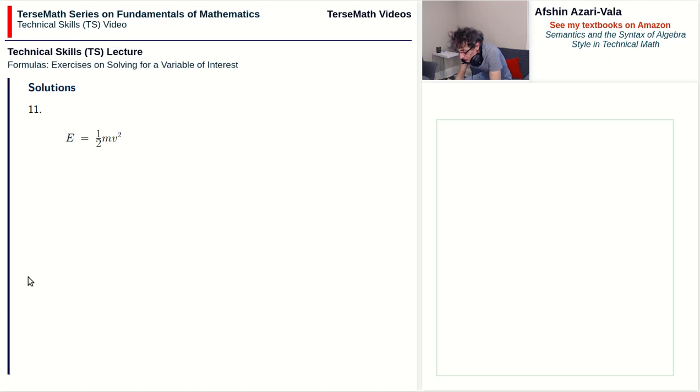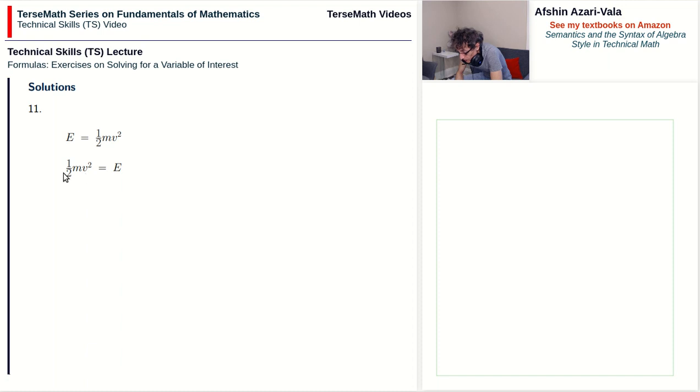E is equal to 1/2 mv squared, and we want to solve for v. So let's switch sides. Now there is only one term on the left, so the term that contains the unknown has been solved for. We have three factors: 1/2, m, and v squared. In addition, 1/2 has one factor on top, one factor down. So diagonal movement is allowed, and what we do is we solve for the factor that contains the unknown,